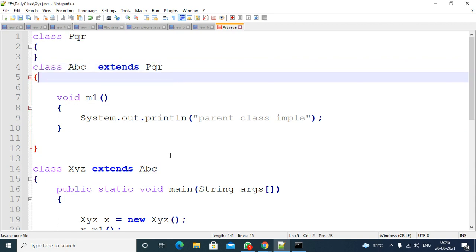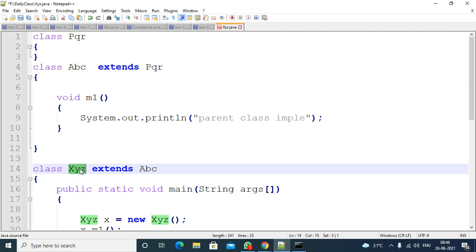So immediate superclass of XYZ means: for XYZ, ABC is a superclass, and PQR is also a superclass. ABC is the direct superclass for XYZ, and PQR is an indirect superclass. Right? So here immediate superclass means immediate parent, that is ABC only, not PQR.